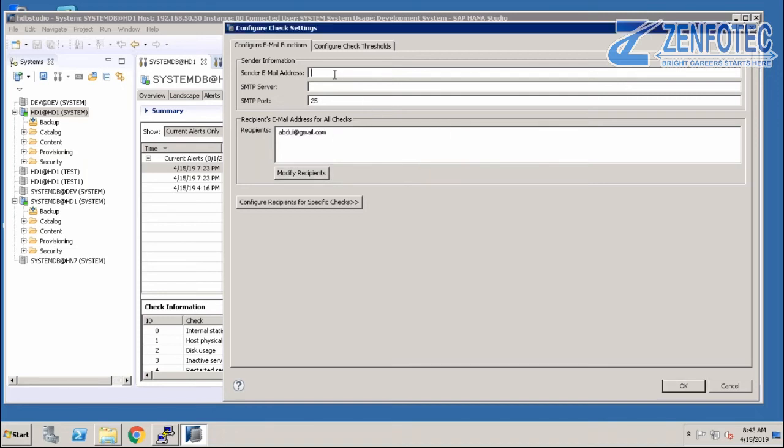Then here I will put some sender email ID, something like noreply@gmail.com, and here I will put google.com, my domain SMTP mail server, and this is the port number. This way I can configure it and then click on save.